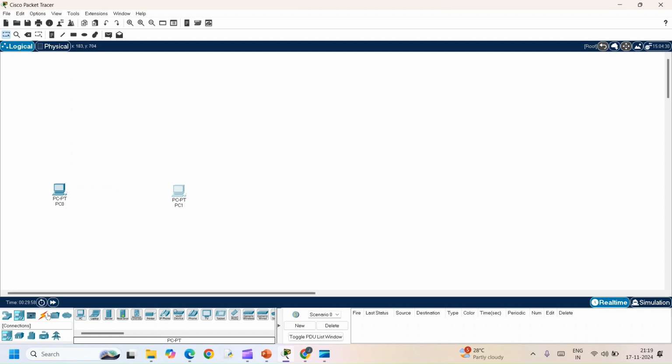Now I am going to give a connection between them. Here on the top row you can see the connection icon. Click on it. Various connection cables are there. When you are going to connect two similar devices, we have to use a copper crossover cable. This is a LAN cable. There are three types: crossover cable, straight-through cable, and rollover cable.